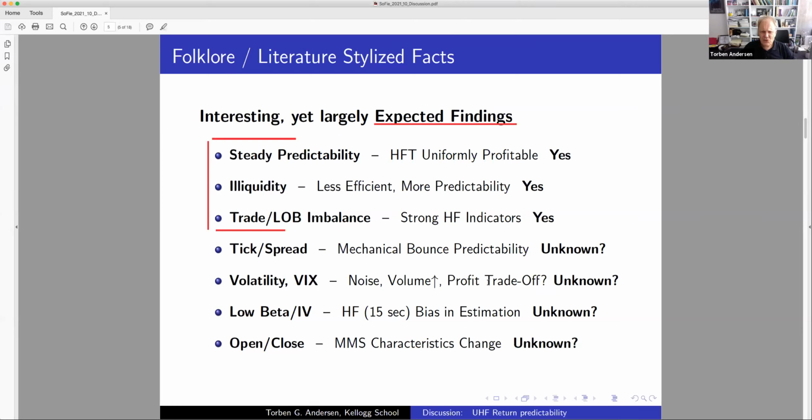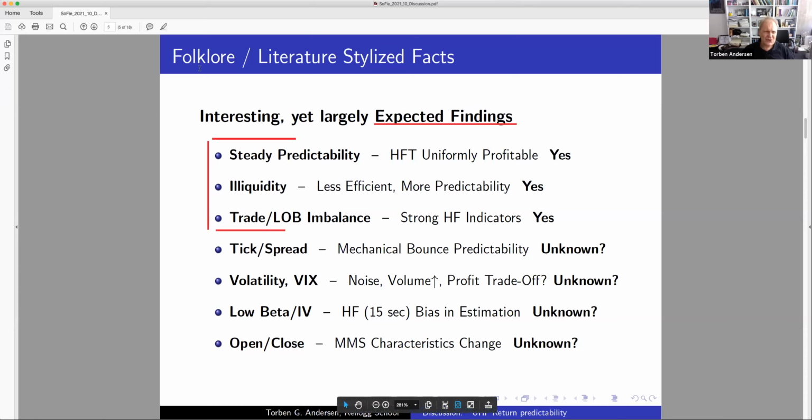If the spread goes up, I think the folklore is that high frequency trading firms really like a volatile environment where things get thrown off a little bit and you see inefficiencies. But I guess that's something to study in the future. I wouldn't map lower predictability into lower profitability, is what I'm saying. The low beta stuff is a little bit hard, as I said, to completely interpret. And I think the open close is very interesting. I'll say more about that, but again, it doesn't come out in the paper what